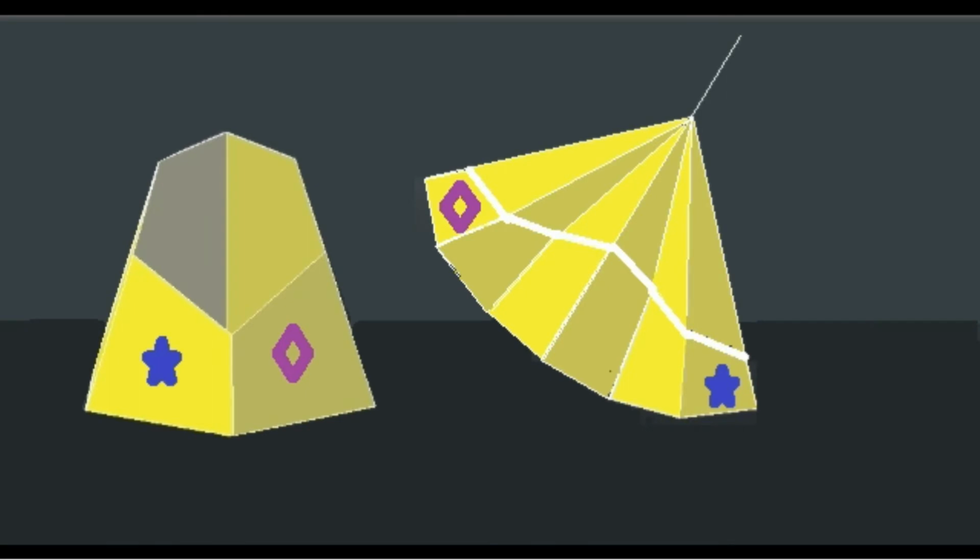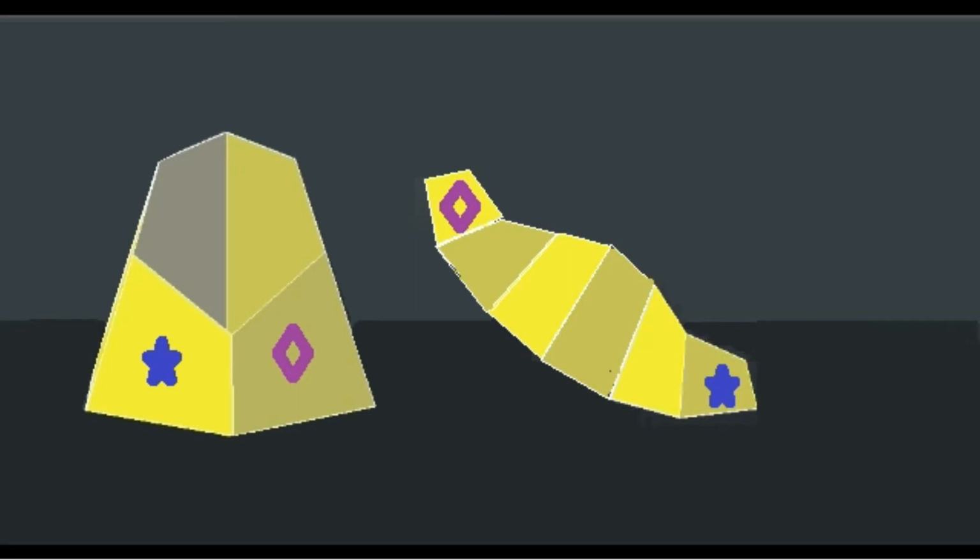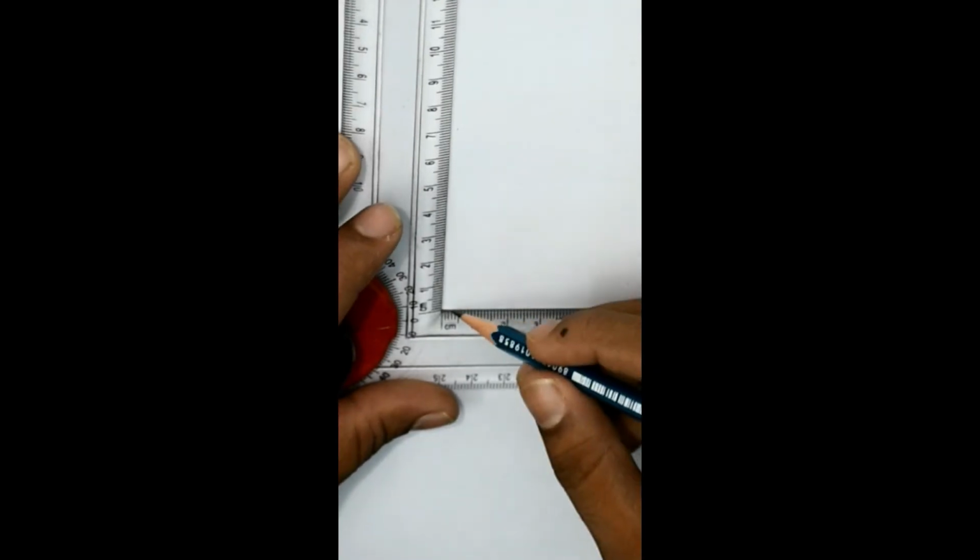As you can see, if it is for a complete hexagonal pyramid, the base edge is parallel to VP.